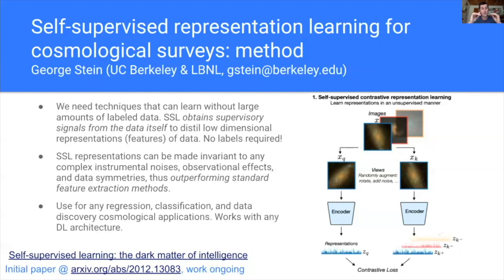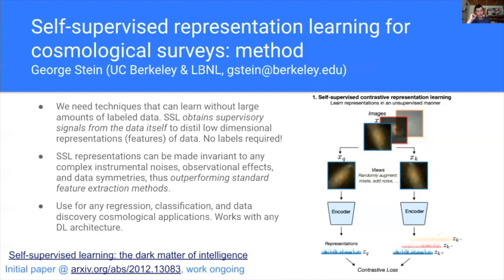The goal here is to make the two representations that come out of these two heads of the network the same representation, or as similar as possible, while making it different from all other representations. So you're explicitly training your network so that even though it's rotated, it's noisy, whatever you threw at it to look different, you're telling it that no, that is the same physical object. So learn the same physical representation.